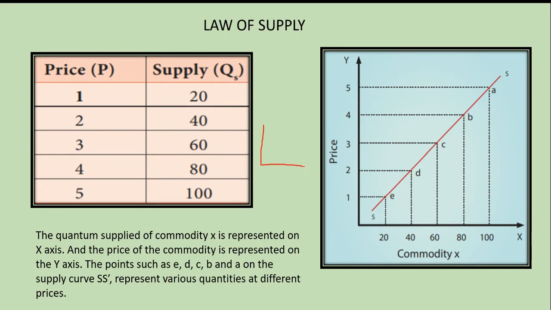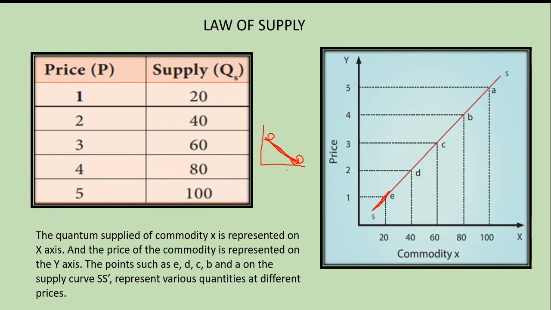Demand curve ஞாபகம் இருக்கா? This was the demand curve. It slopes downwards from the left to the right. DD is called as the demand curve. Okay? Do you remember this? So it was downward sloping. It was negative slope. It was sloping from the left to the right. Here supply curve is upward sloping from the left to the right. It has got a positive slope. Here negative slope, it is positive.